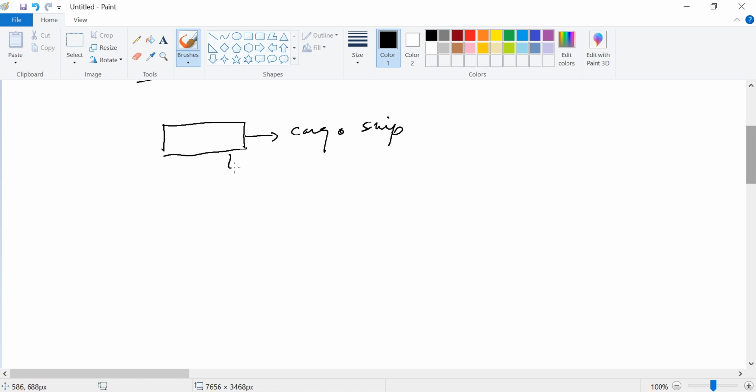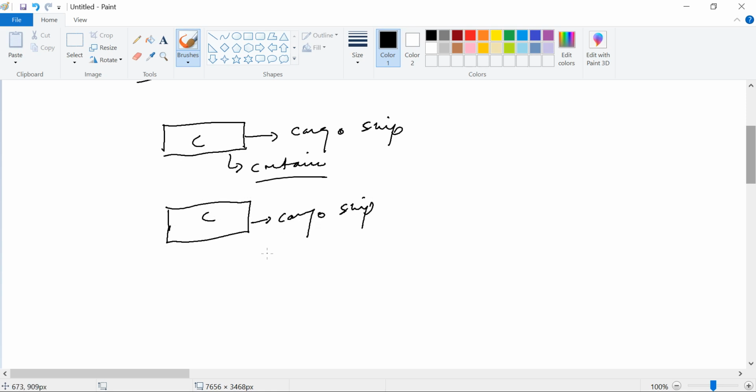This is a container ship where you are loading. Another cargo ship is like this one. So these are the cargo ships, and they have their containers.